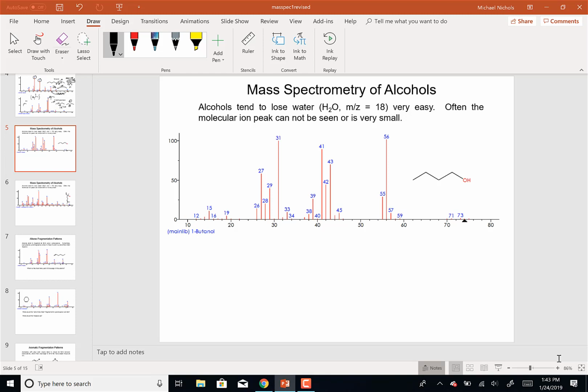So I know it weighs 74, and you can barely see the molecular ion, which is the intact molecule. Because what happens is that when I have the OH with the plus dot,